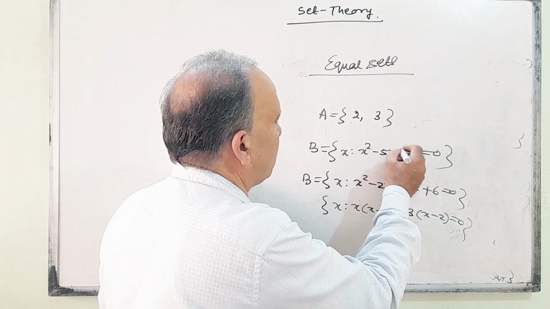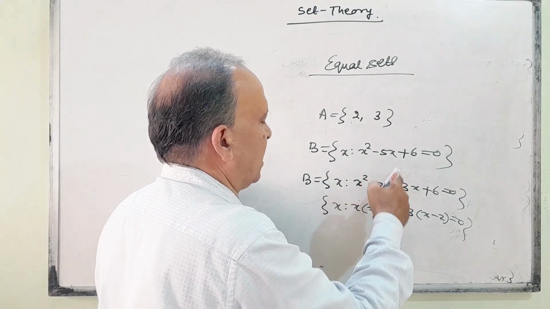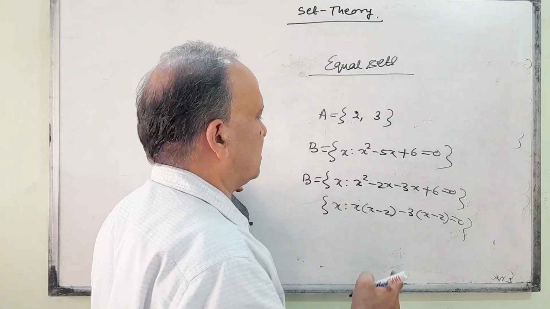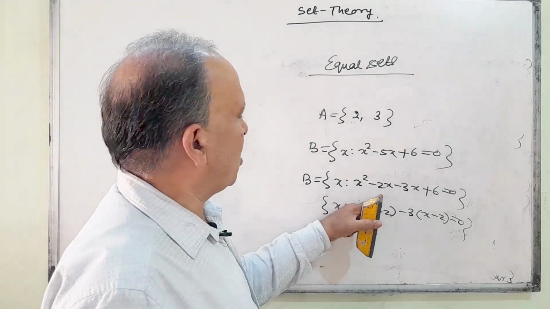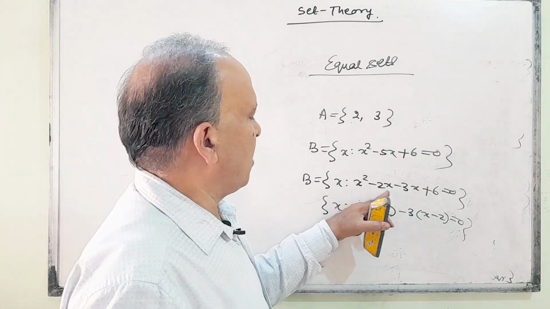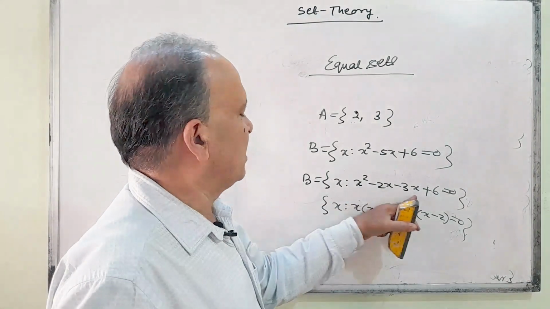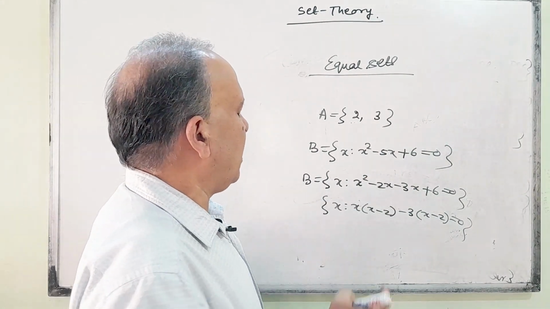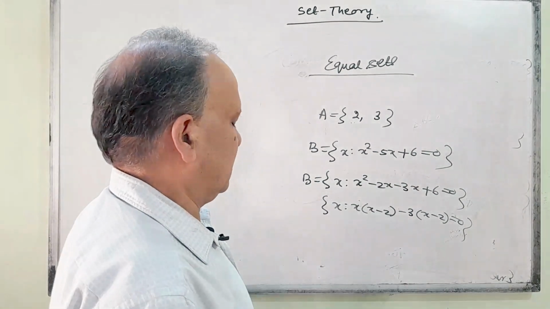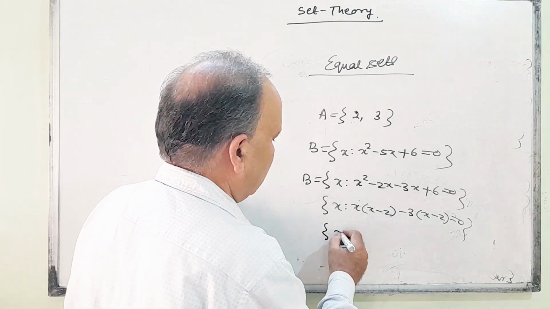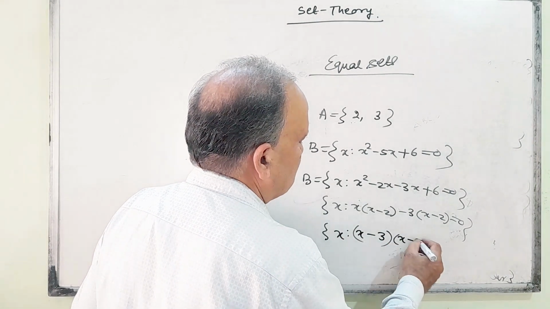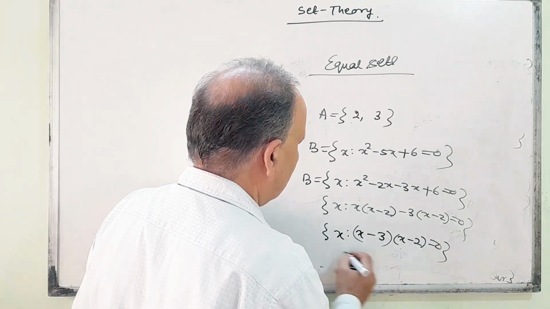You split the middle term in such a manner that when you add these two terms, you will get minus 5x, and when you multiply these two terms, you will get 6x square. That is, minus 2x into minus 3x is equal to 6x square, but minus 2x plus minus 3x is equal to minus 5x. So that is (x minus 3) into (x minus 2) is equal to 0,